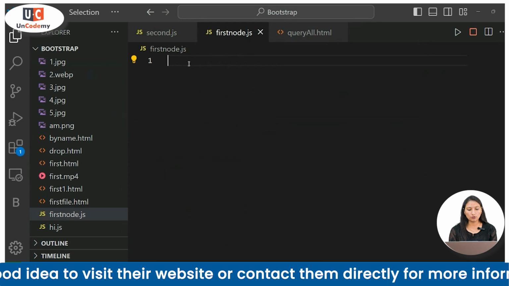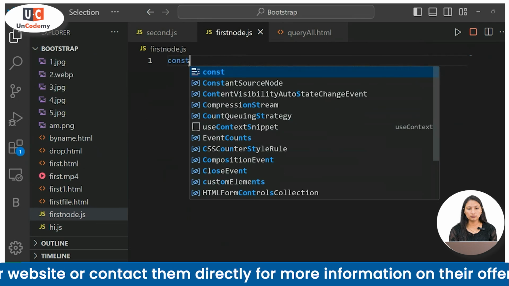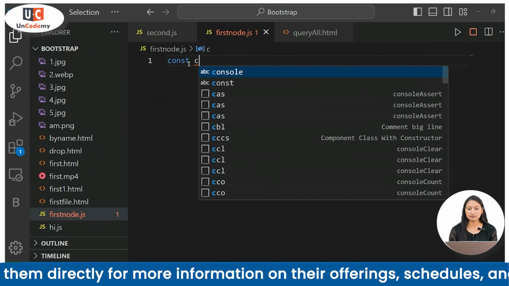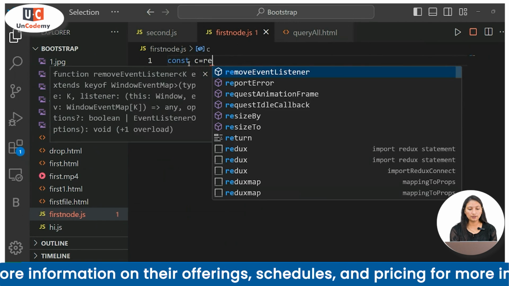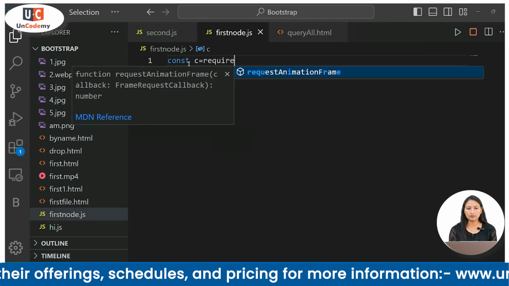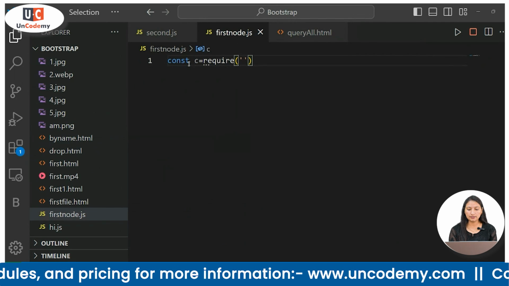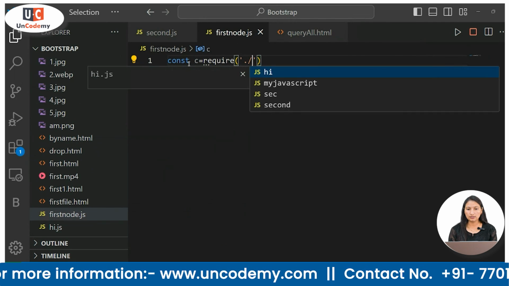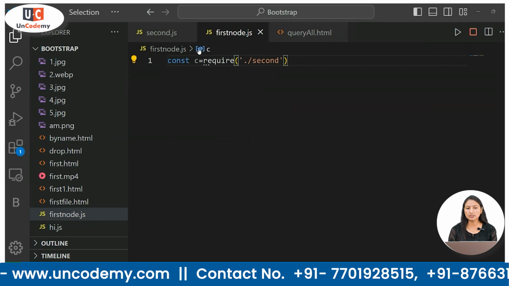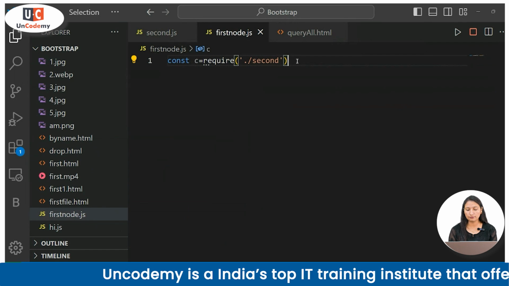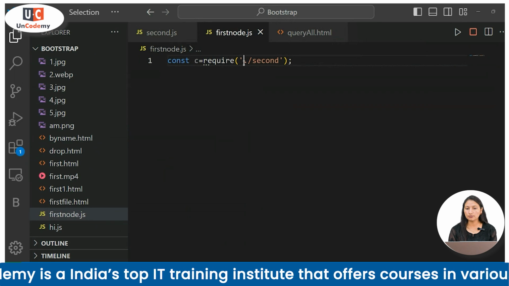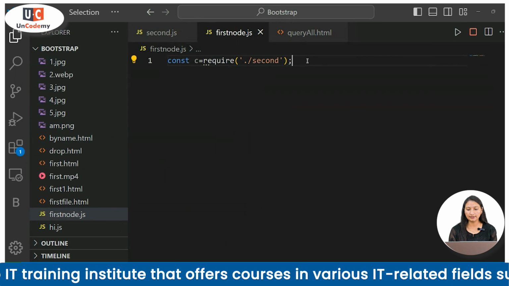So in the custom module you have to store it in one user defined variable. For example, c is equal to require, and in the require you can write here ./second, because your file name is second.js, that's why you have to use the custom module second in require, correct?